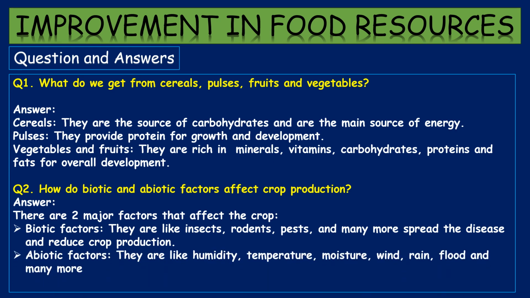The next one is abiotic factors. Abiotic factors are like humidity, that means moisture in the atmosphere, temperature, moisture, wind, rain, flood, and many more. So these are the abiotic factors that affect crop production. And also they destroy the crop. Now, next question is